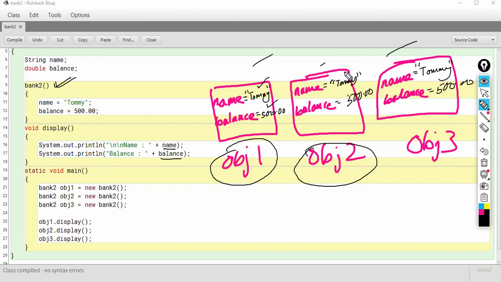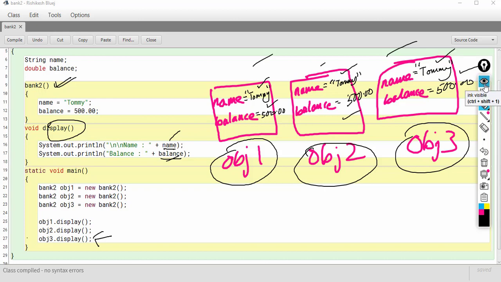In this object also the value of name is Tommy and the balance is 500. Then control comes back to the main function, and line number 27 is executed, and again the display function is called, and this time name and balance will be printed from the obj3 object. This one also has Tommy and 500 as the values of name and balance.